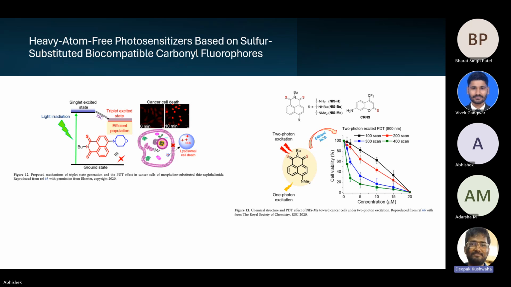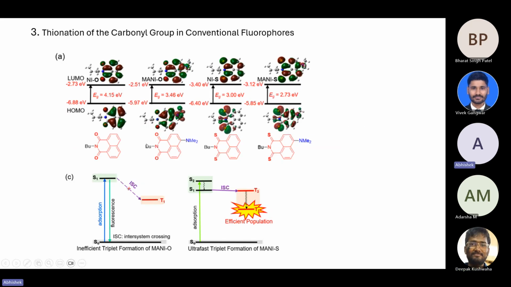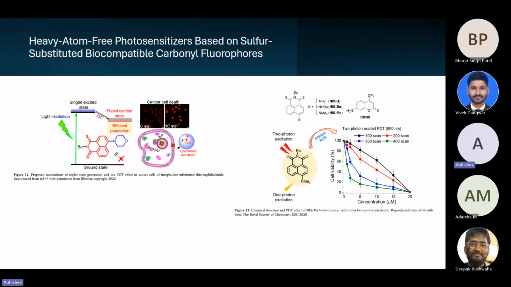So this system, whatever the electronics it has, is the same. Here they explain by replacing this oxygen with sulfur and by substitution of the N,N-dimethyl. So they observed in this case, by both replacing the carbonyl and N,N-dimethyl, this energy gap is 2.73 eV, which is very much reduced. So on the basis of this concept,